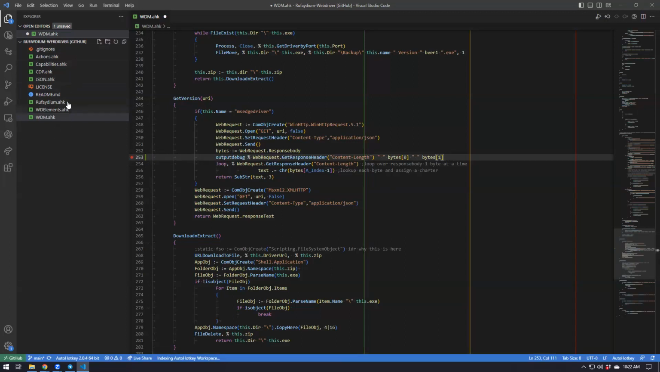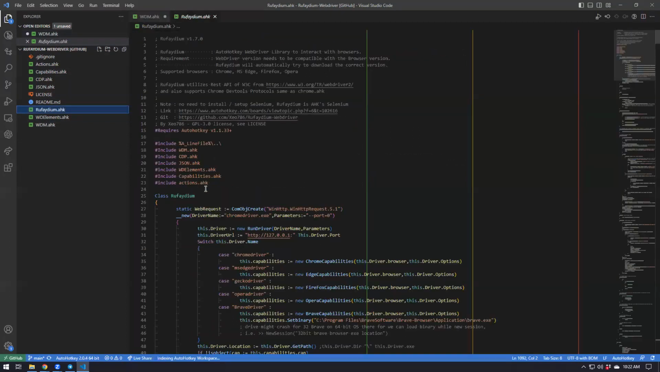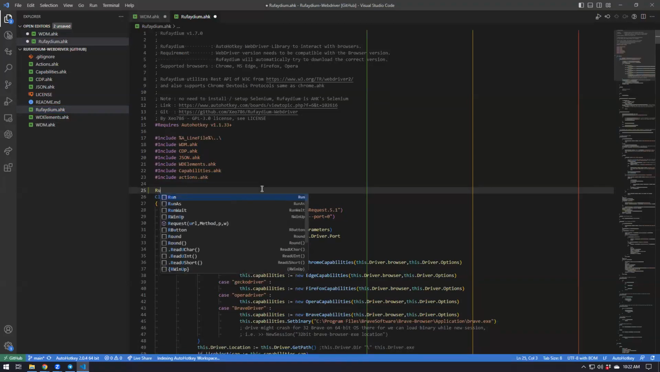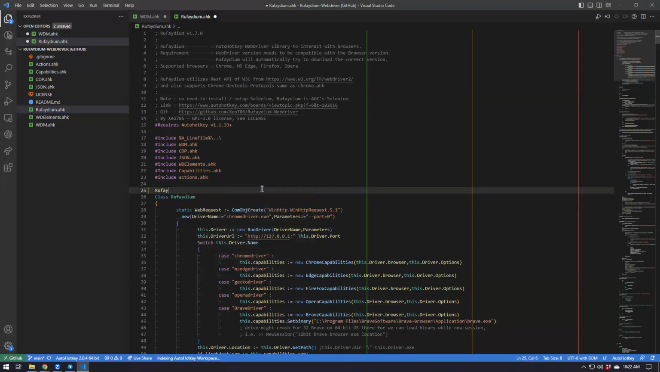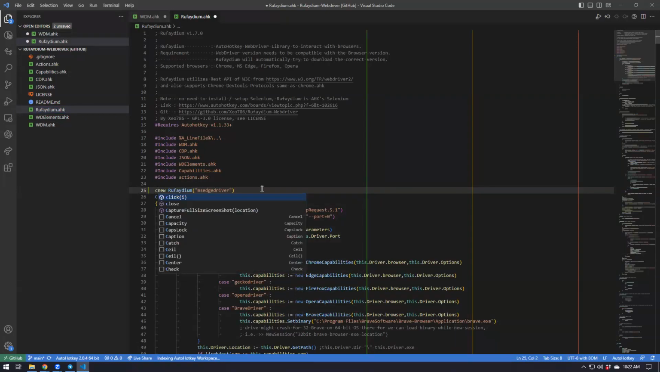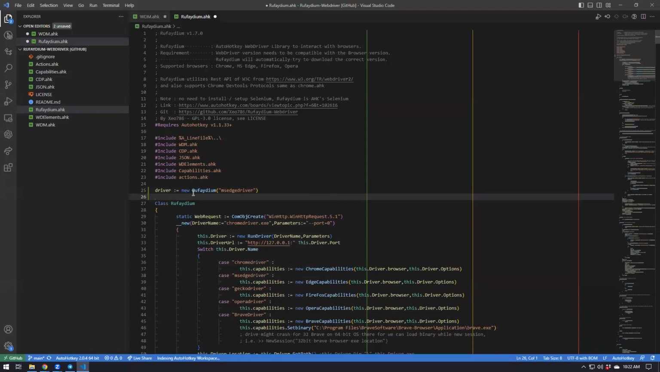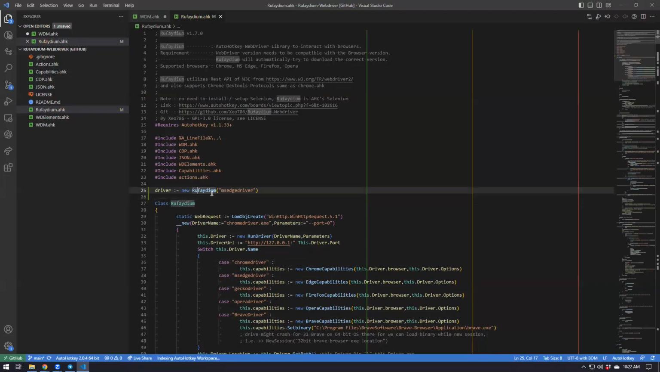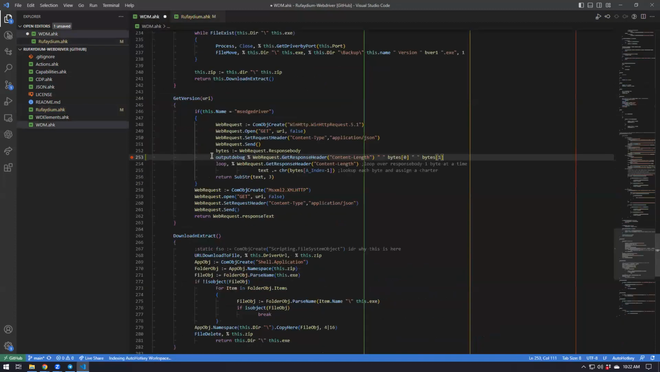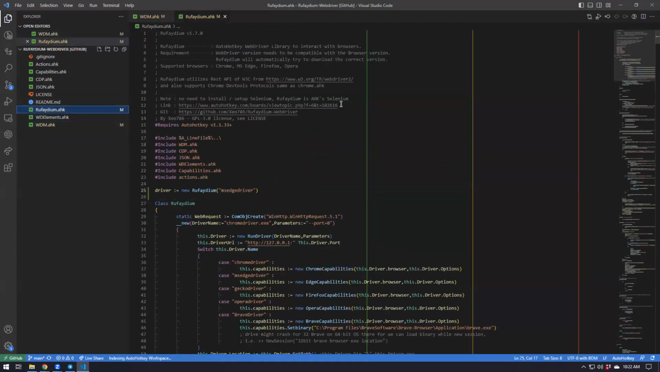I don't have that Rufadium. I just have to say Rufadium. Yeah, you have to set and then new Rufadium. MS Edge is equal to MS Edge driver, new MS Edge driver. Right. Yes, and you can use any variable like Edge or something. Like this, right? Yeah, driver. Yes. So now when I run this guy,